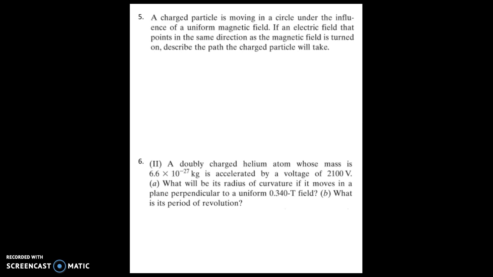The force of the magnetic field equals mass times acceleration. I got qvB equals mv squared over r, and then solving for r, r equals mv over qB. And then also knowing that 1/2 mv squared equals q times delta V, and solving for v, v equals the square root of 2q delta V over m. So we've got mass, we've got the volts. We can simplify that equation to 1 over B times the square root of 2m delta V over q. And that will give us our